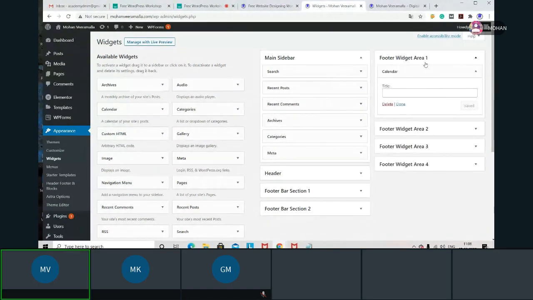In these widgets I have the main sidebar, header, footer bar section one, footer bar section two, and footer widget areas 1, 2, 3, 4. See, what is the main sidebar? The main sidebar is nothing but the right hand side.